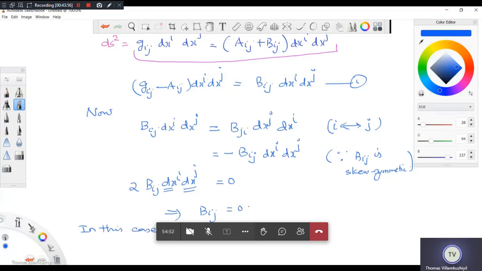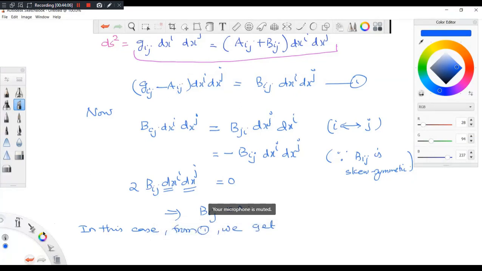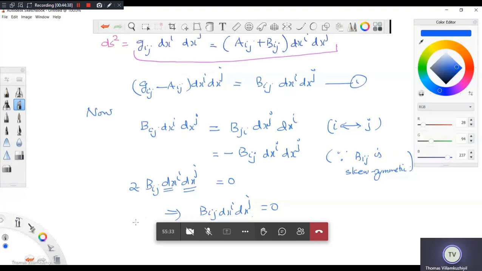So if Bij equal to 0, in this case, what will happen? From (1) we get, putting Bij equal to 0, I will get this. Sorry. The total Bij term on the right hand side equal to 0. I need not write these steps. So this 2 times this one, Bij dxi dxj equal to 0. This is what I am getting. 2 cannot be 0, therefore this will be equal to 0. This is equal to 0 means right hand side is equal to 0. Okay, so therefore